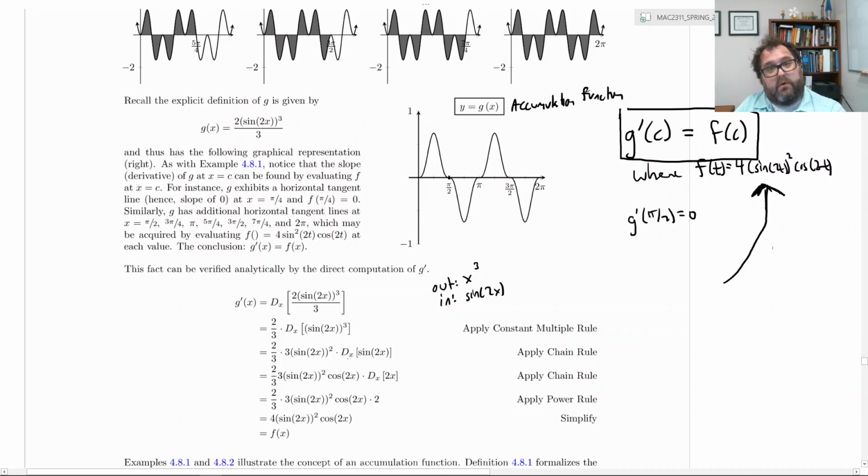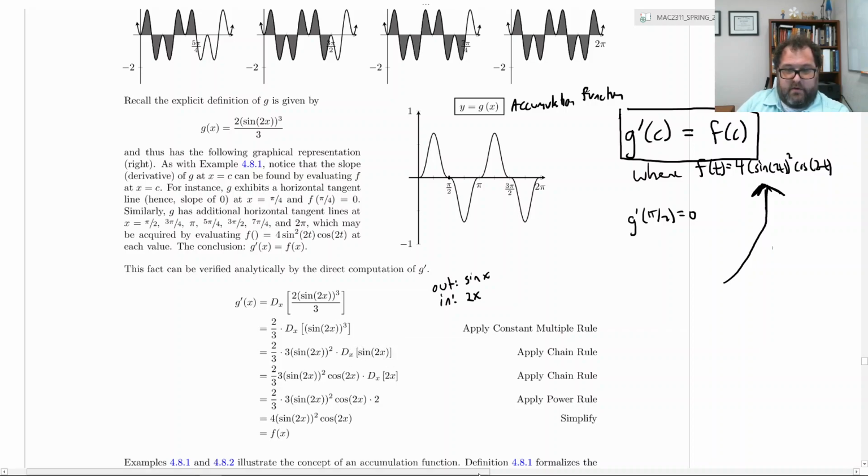Well, lo and behold, guess what? The derivative of the inside function, that's also composite. So we have to use the chain rule to take the derivative there. So what's the outside function? Well, the outside function is sine x. What's the inside function? 2x. So apply the chain rule all over again, and that's where we get,